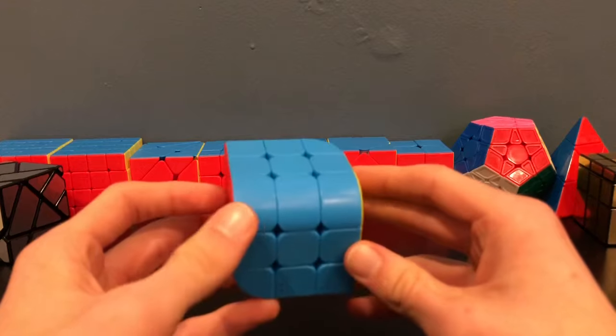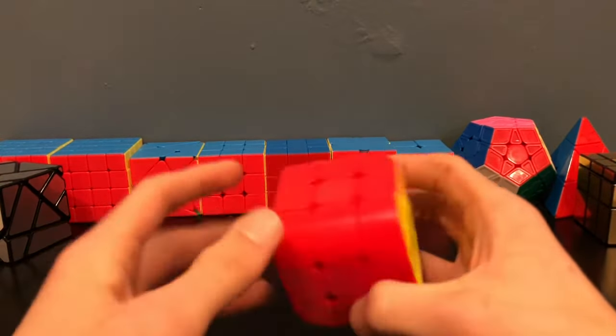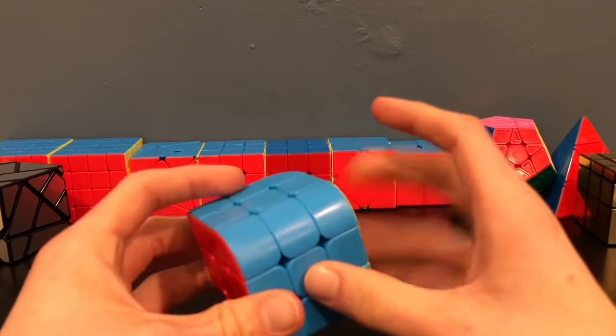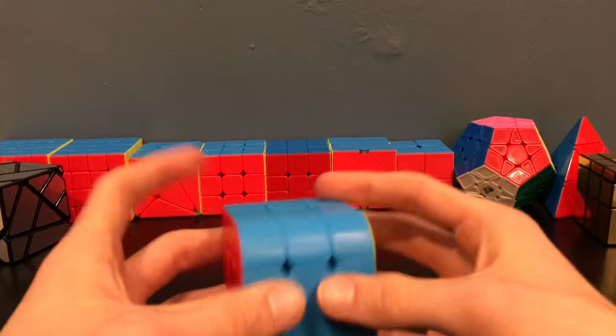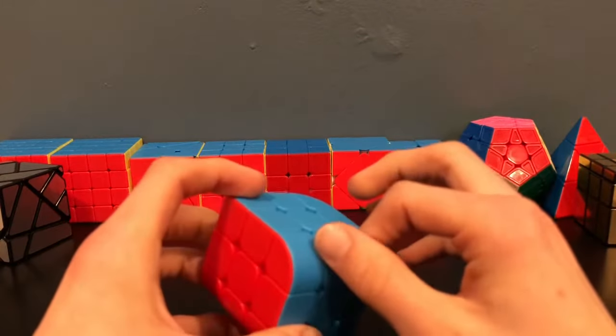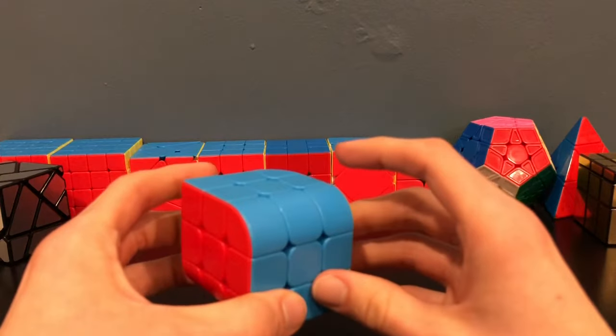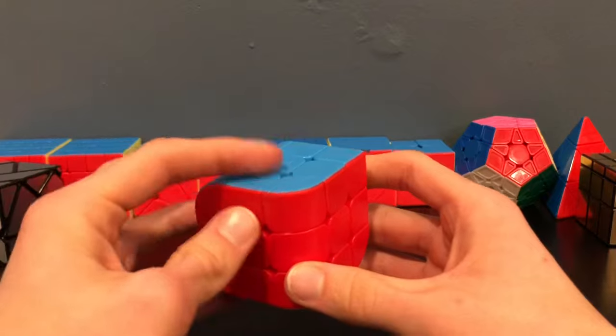So there are only 3 colors on the Penrose cube, even though there are still 6 sides. This means that any single side you look at, there is going to be the same color next to it, using these curved edges. The curved edges are actually symmetrical, so you won't know whether it's flipped, which could create some problems later. Additionally, there are some sets of identical pieces, such as this red and blue and this red